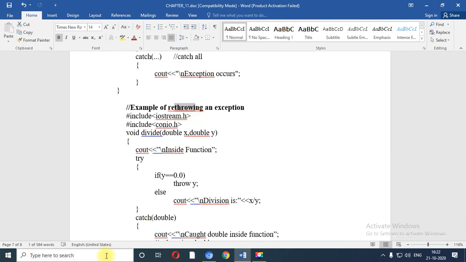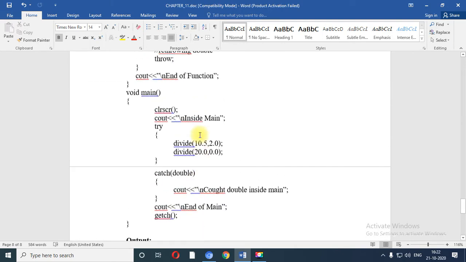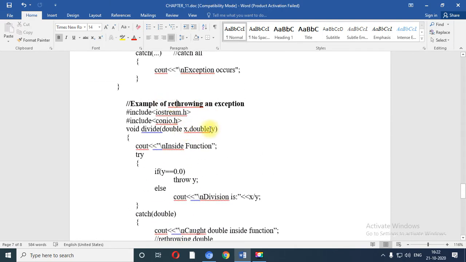Next is called rethrowing. That means, see, if two people are standing opposite to each other and one is going to pass the ball to the other one, at that time that person is again going to rethrow the ball, right? So that is called rethrowing. This particular program is an important program, and this is the last program of this unit and our today's session. So let us try to understand the concept of rethrowing an exception.